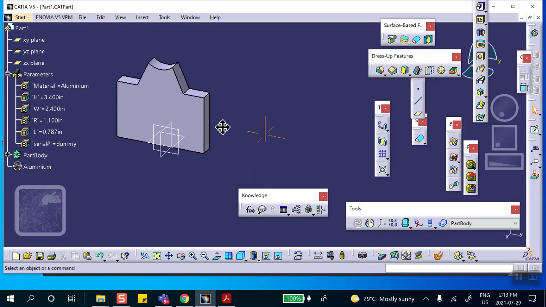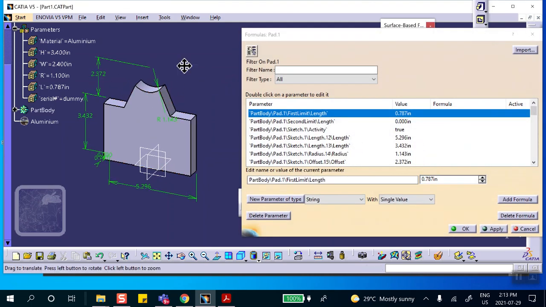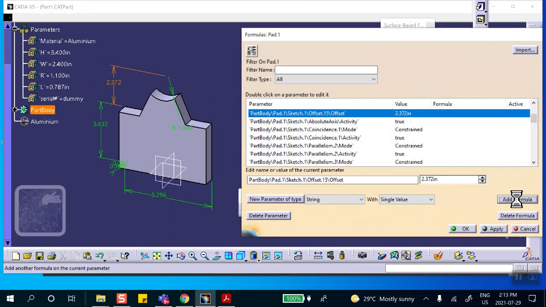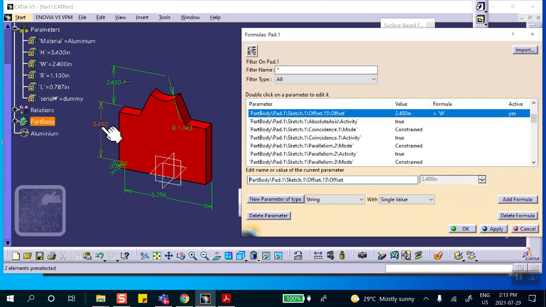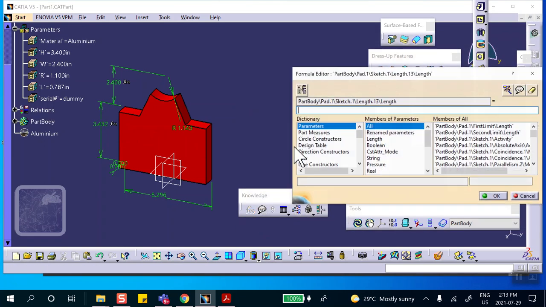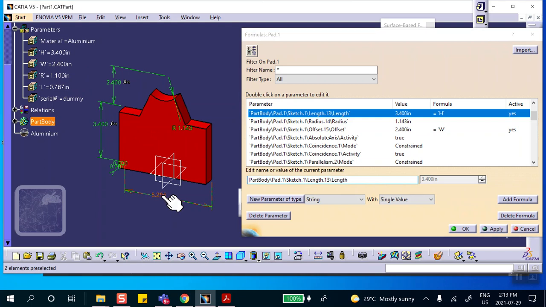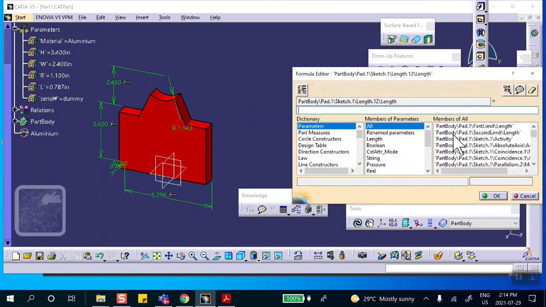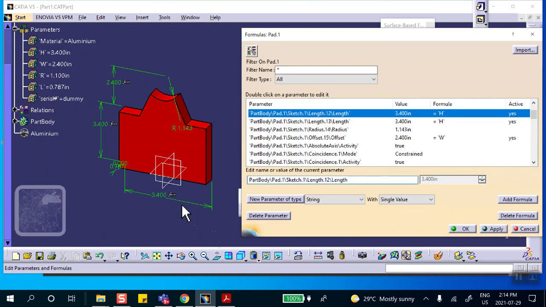Good. Now we're going to do our equation. So we go to f of x. Okay, you click on that. I want this to be, add a formula equal to w. I want this to be, add a formula to be h. And the same thing with this bottom one, by the way, add a formula equal to h. As I said, you could have done this dimension equal to that dimension, and then that dimension equal to h. That would also work. And then the radius,